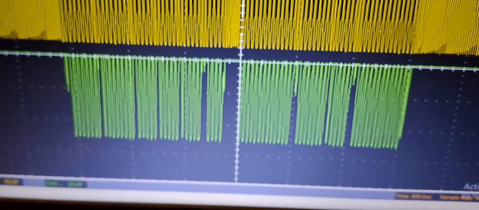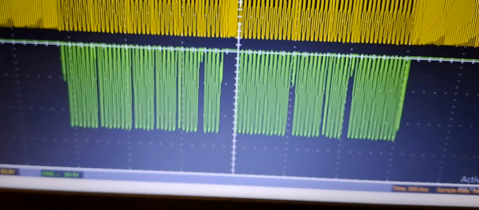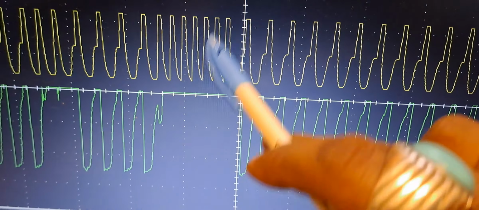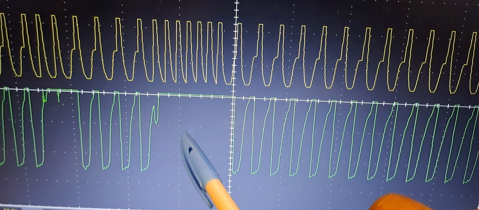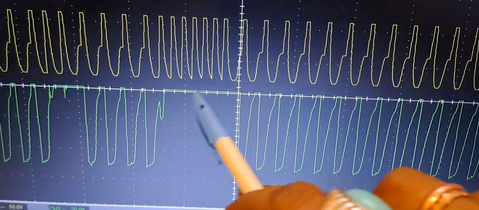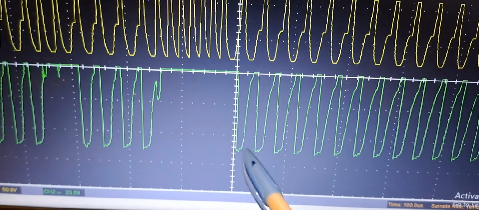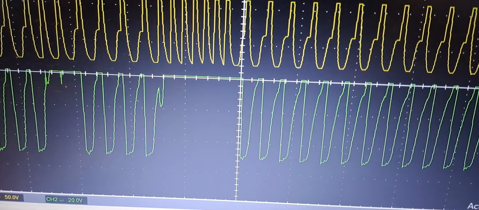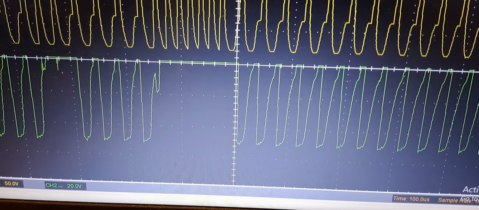Now let us zoom the waveform further, and it will be more clear. Here you can see this is a high frequency component. Here is nothing, so this is filtered. This high frequency is filtered by the LPF low pass filter, and we have only one frequency component here. In the next video, I am going to process this output further, and we will be getting